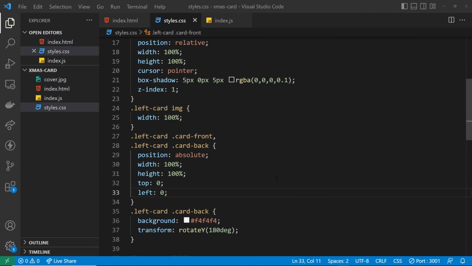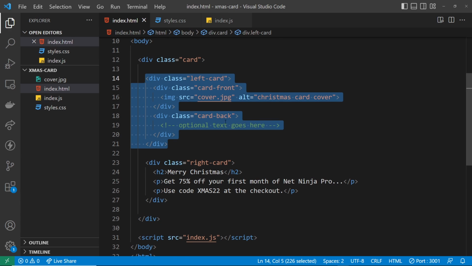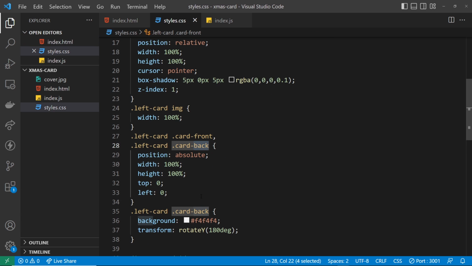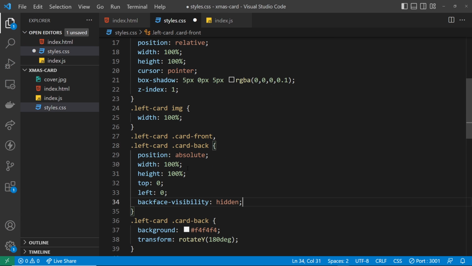Now, there's a way in CSS that we can say to the browser, if an element is rotated 180 degrees, so basically we're seeing the back of the element, don't show it. So that's what we're going to do now, and we're going to do that inside this selector right here, where we have the front and also the back. So these two things right here, the front and the back. And for both of those, we're going to use this property, backface-visibility, and set it to hidden. And that means that essentially, when that particular element, when either of these, the front or the back, are flipped over 180 degrees and we're seeing the back of it, well, when that's the case, I want you to hide